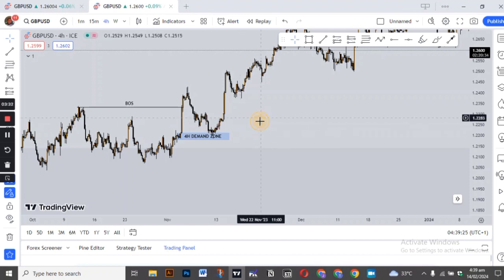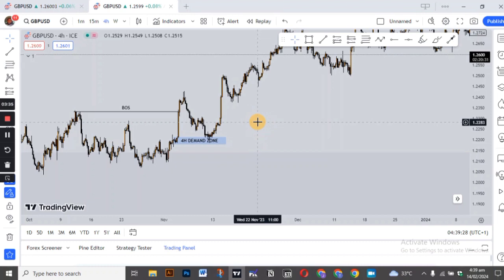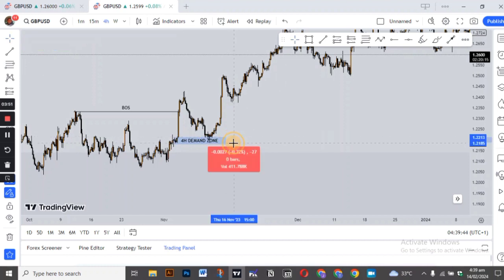You understand? So that my stop loss can be reduced. I like to take my trade within the range of 15 pips stop loss to 20 pips stop loss. If I take my entry on the 4 hour time frame, the stop loss will be at least around 35. See, the stop loss here is 41. I like to put my stop loss a little below the demand zone. So if I use the 4 hour zone here, we'll be seeing 40 pips stop loss, and I don't like that. So I prefer to use